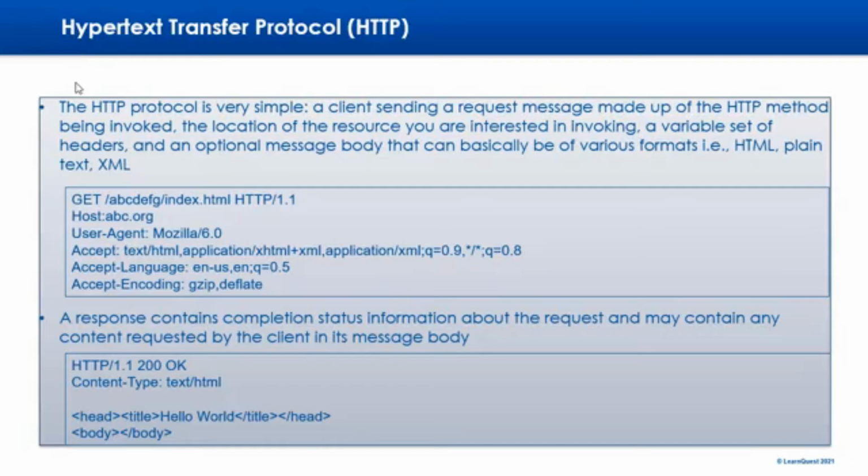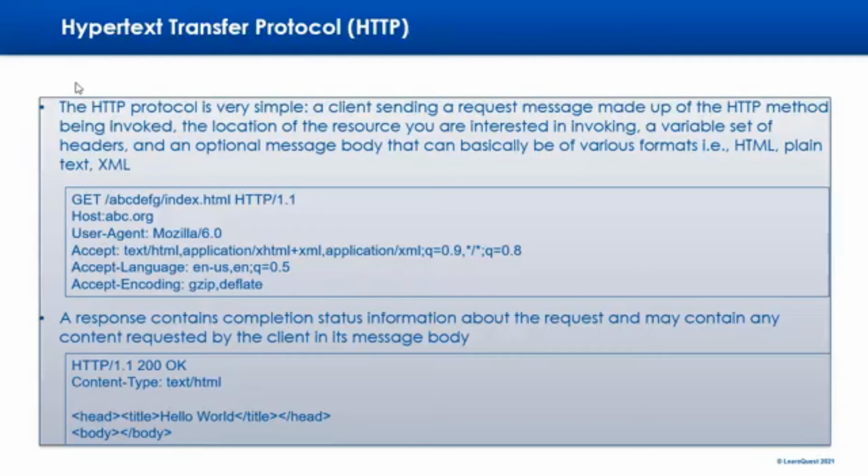Let's take a look at HTTP. It's very simple. You must remember that it's textual. It consists of information stored in headers and a body. We can see here a request being made to a particular HTML page, index.html, using an HTTP GET method. I'm getting a resource back, a representation of that resource. In fact, it's going to a host called abc.org. I'm using Mozilla as the client,